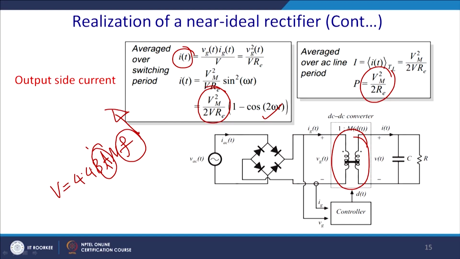B is the flux density and A is the area of the core. So, B depends on the material, the kind of material we will choose, and A is the area of the cross section of the core. What happens if you keep the B value for ferrite or anything, that depends on the choice and the cost, and you can reduce the value of A by increasing the value of the frequency. Thus we can see a very compact transformer which can be modulated by the power electronic switching.